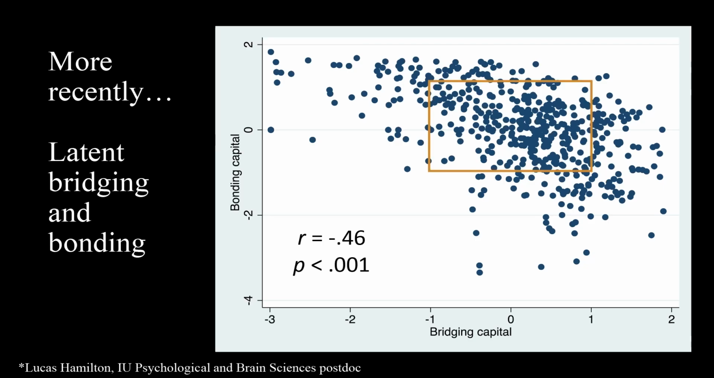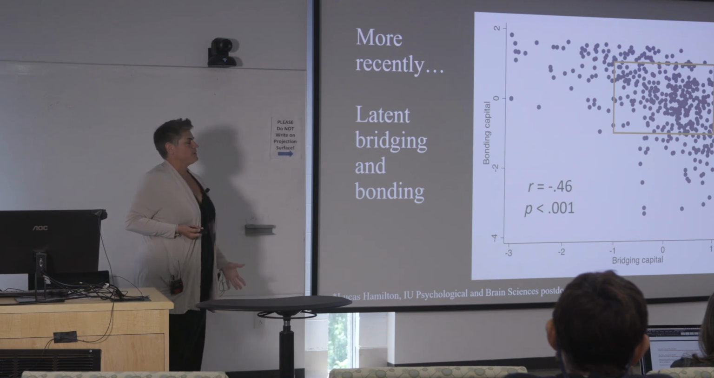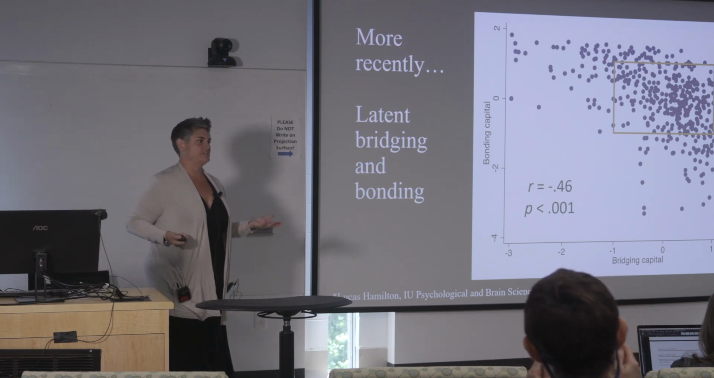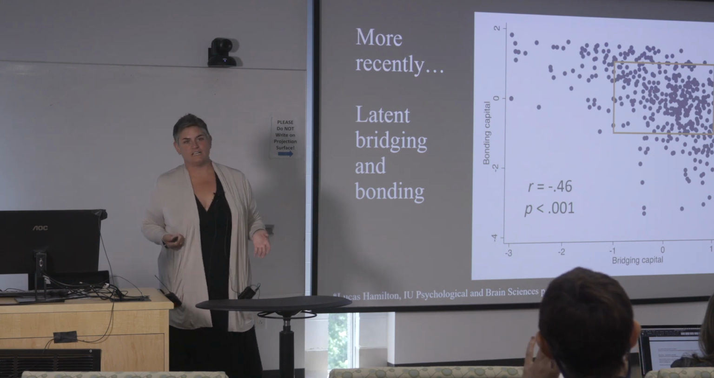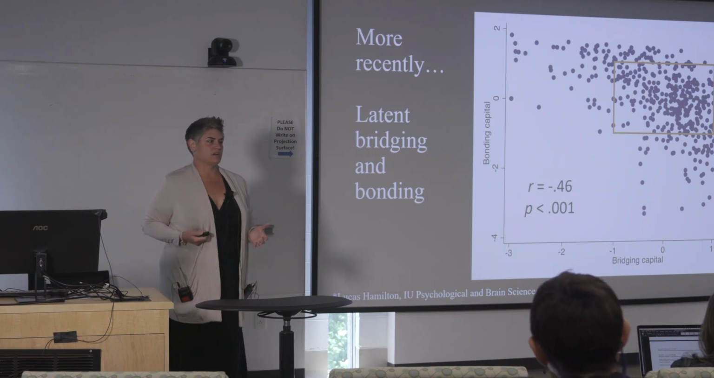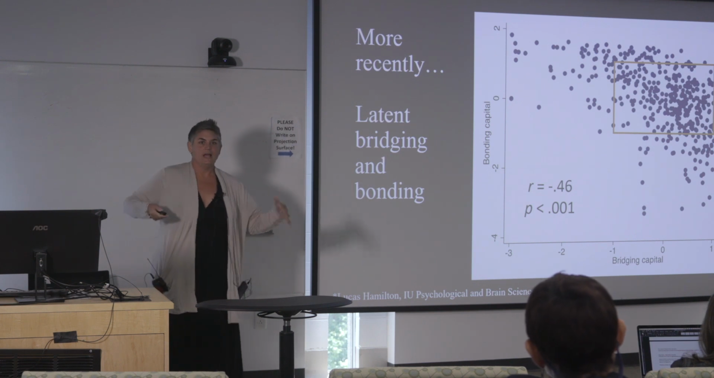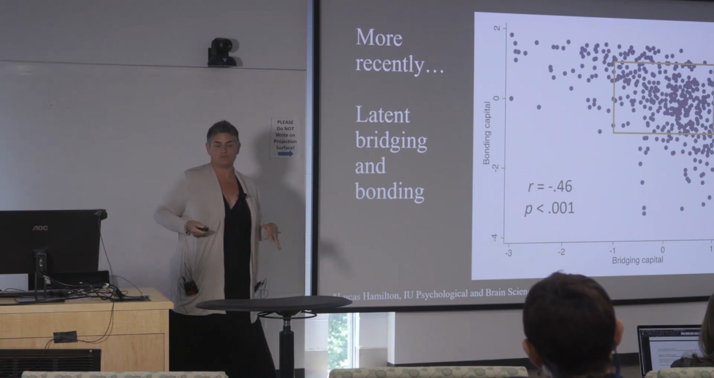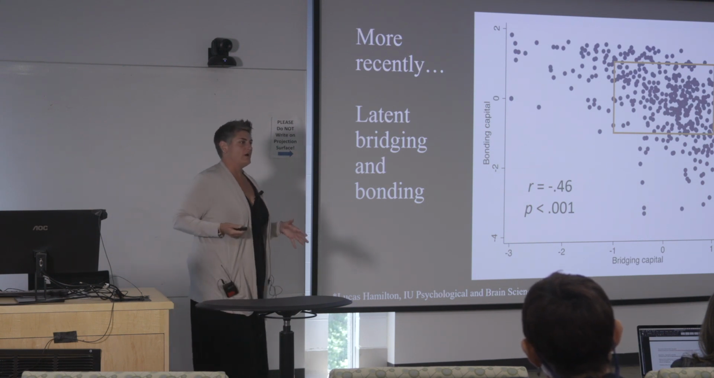On the x-axis, you have bridging capital, the latent factor, and the latent factor for bonding is on the y-axis. And they're pretty negatively correlated, which suggests there might be some sort of trade-off, which of course fits with a lot of the evolutionary data on what kinds of networks we're putting our energy into. And there are also some really interesting theories about social networks in the life course,